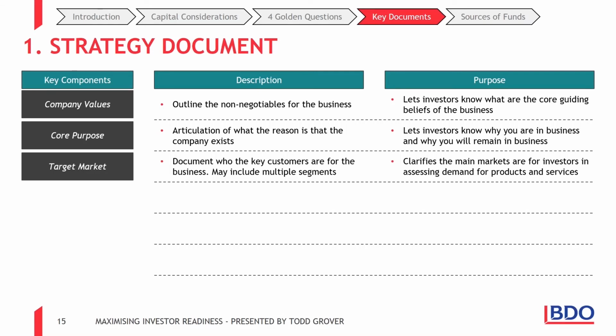Target market. Who are you selling your products to? Who are you selling your services to? Who are you selling them to today? Who do you want to sell them to in the future? It's a little bit towards market opportunity. Yeah. So you may be